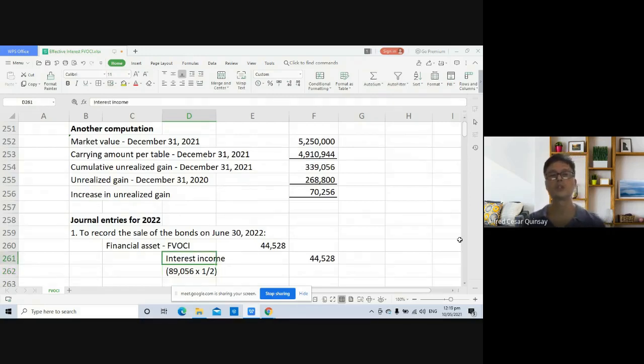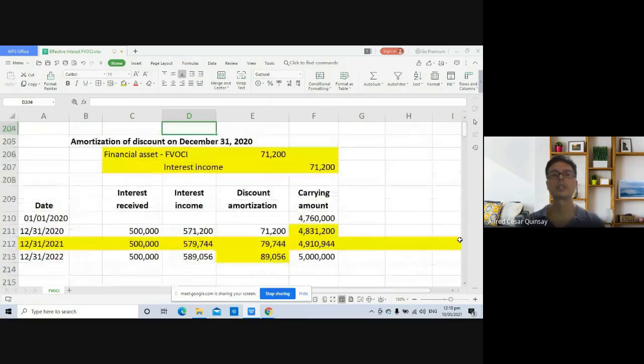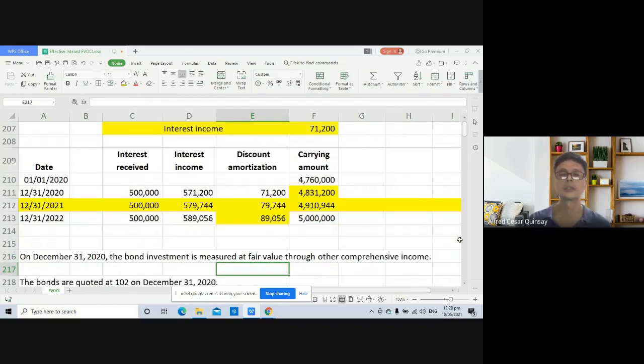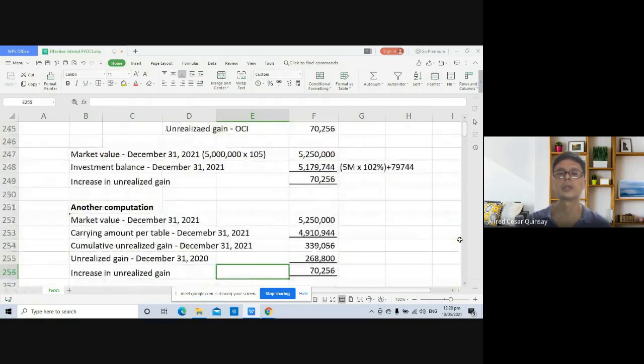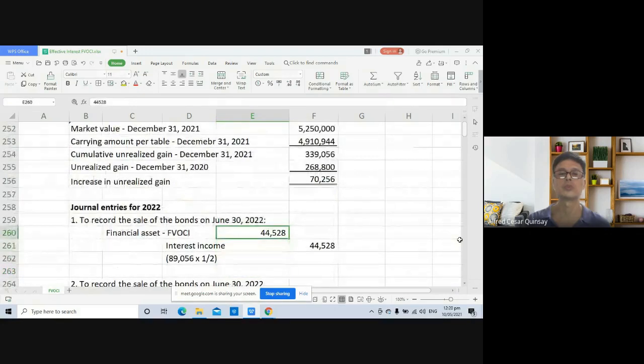Kinuha natin yung amortization dito sa table na to na 89,056. Ayan. Since binenta siya, kalahating taon lang, hindi naman siya buong taon. Kalahating taon lang ng 2022, June 30 binenta na siya. So kalahati lang nung amortization ng 89,056. Yan, hanapin natin yun ulit. Ayun. So 44,528. And credit interest income, 44,528. So, idadagdag natin yan mamaya dun sa carrying amount nung